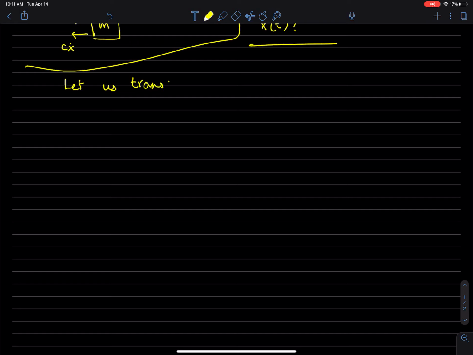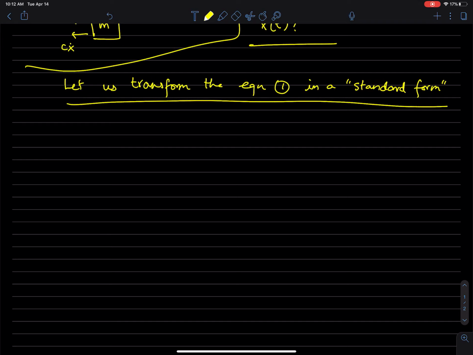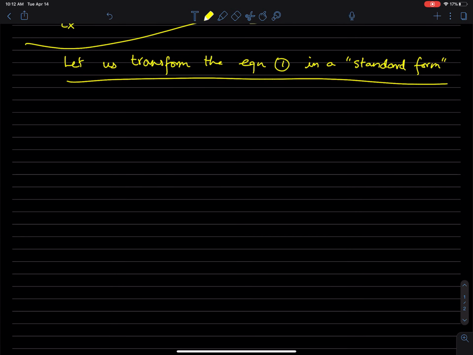Transform equation 1 into a more standard form. Okay, so let's do that. We do that by first noting, of course, that omega n, the natural angular frequency, is the square root of k over m. And then we define